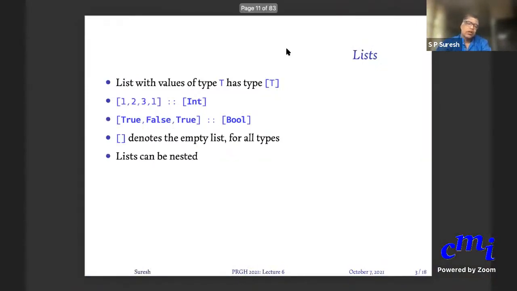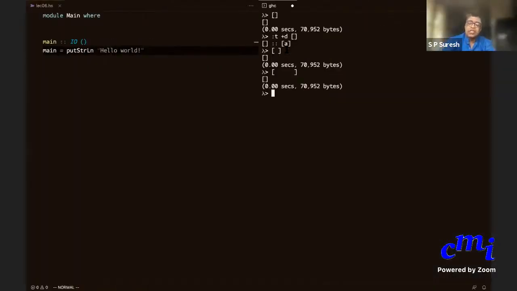Yes, sir. So lists can also be nested. What do I mean by that? I can have lists inside lists. I can have the list 1, 2, 3 and the list 4, 5, 6 inside a larger list. You're having two lists inside a larger list.